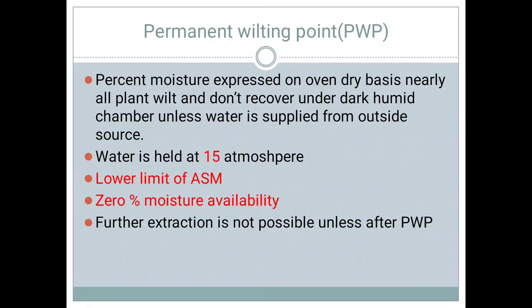These are, we can say, wilting symptoms. These wilting symptoms can be observed in the soil when there is insufficient moisture. So roots cannot extract moisture, and when the roots cannot extract moisture, leaves can fold, leaves can drop. When the leaves drop or fold, that means there is a lack of moisture present in the soil. That is, we can say, wilting symptoms.